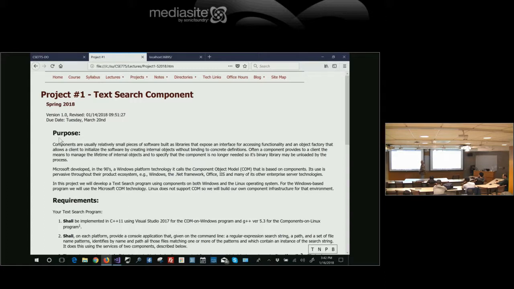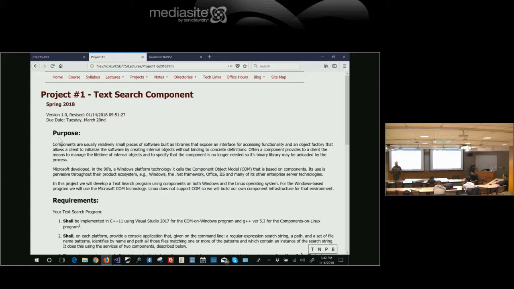But COM only exists on the Windows platform, it doesn't exist on Linux. There was, for a while, some effort to port COM to Unix. A couple of my former students went to work for a company in Connecticut, Bristol Technology, that was porting COM to Unix.